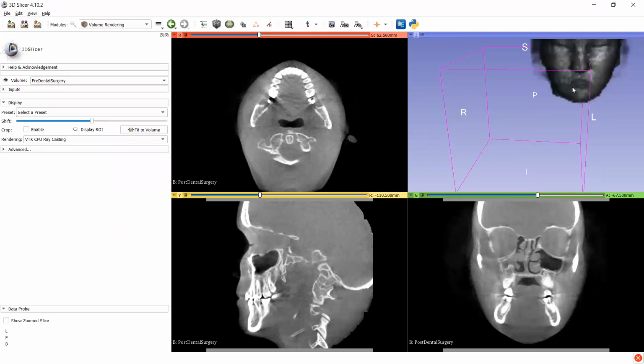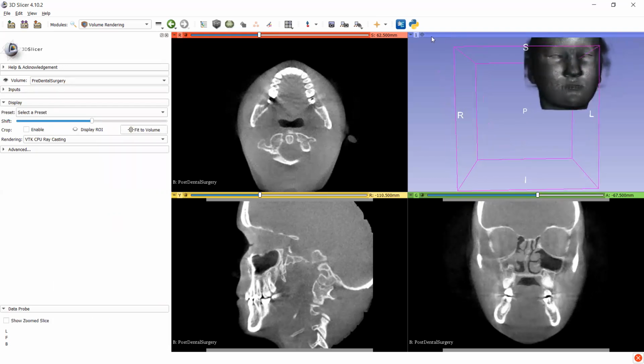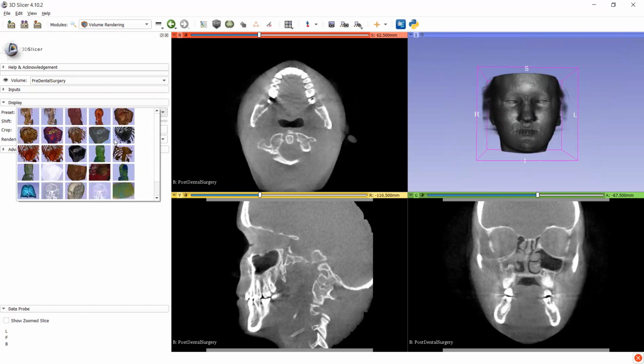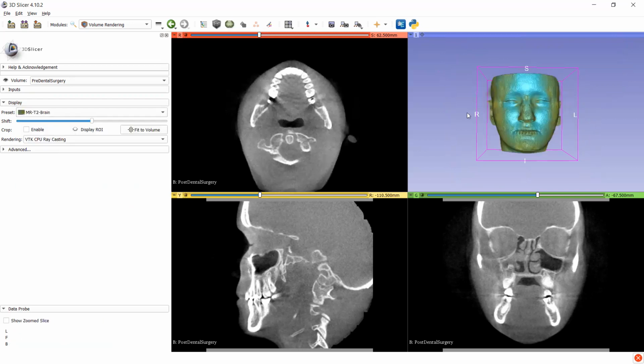Just look at this picture. This is the 3D model of our region of interest. Let me centralize this coordinate. Okay, now it's okay. And there are many models, CT scan, MRI scan. There are many models in 3D Slicer. Let me take one model, that is the MRI scan. And now it's okay.